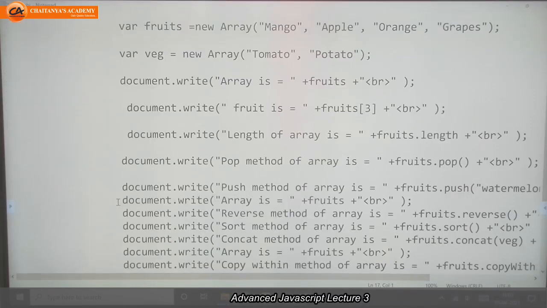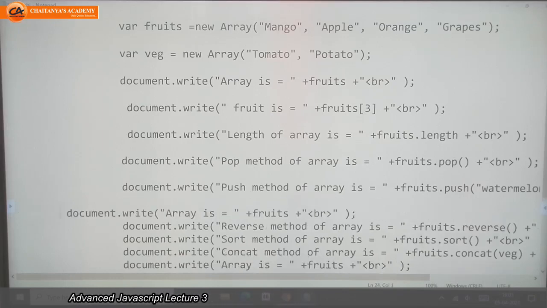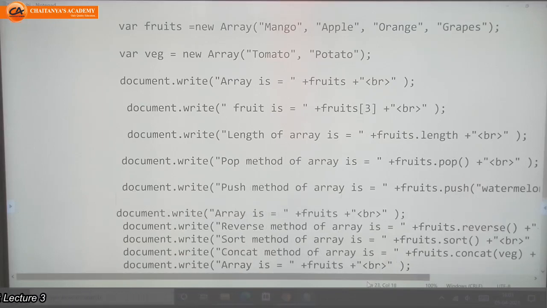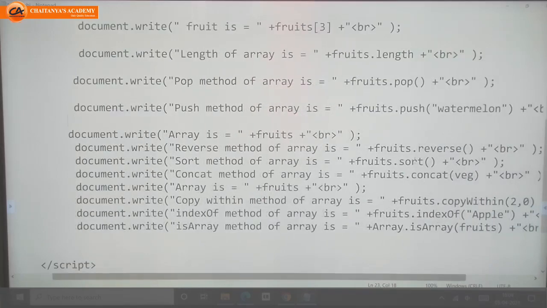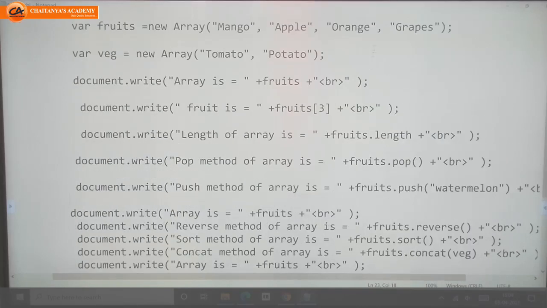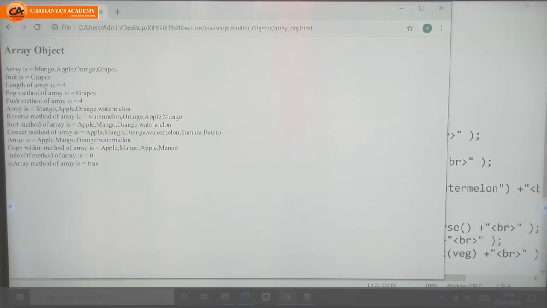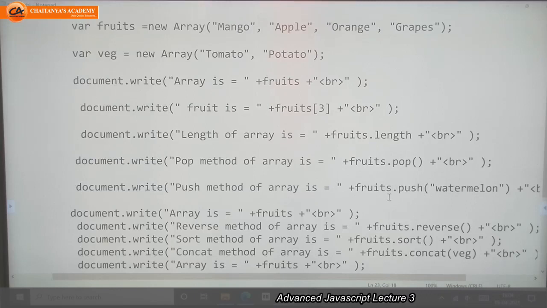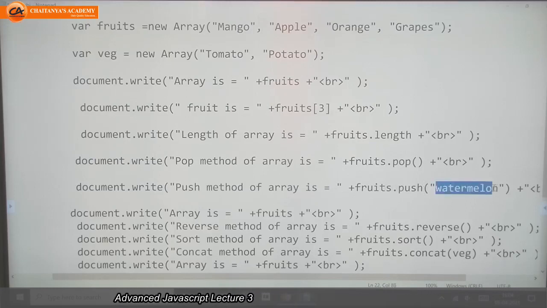Next, push method. This push method allows me to add an element at the end. So fruits.push with brackets and double quotes. If I pass a value, here I pass one value, watermelon, it goes at the fourth number, 1, 2, 3, 4.